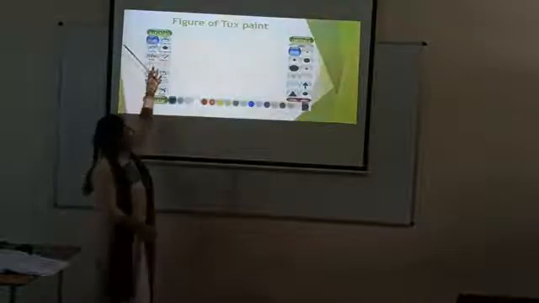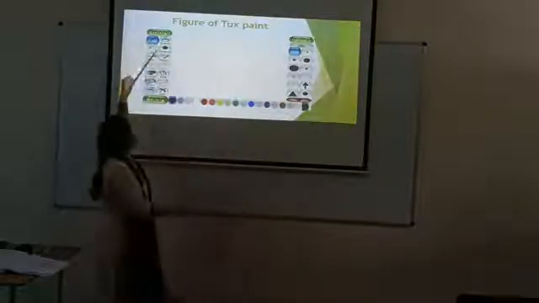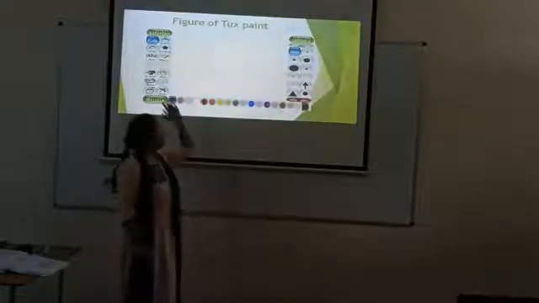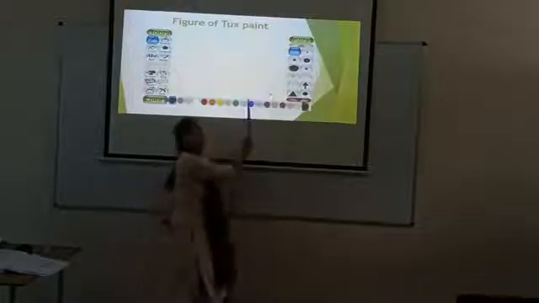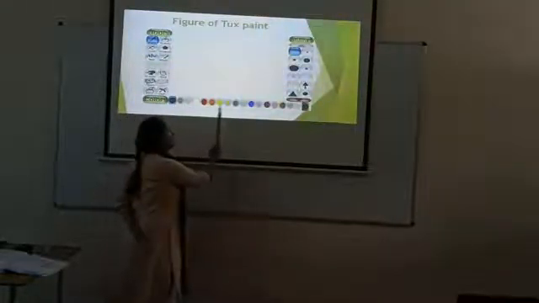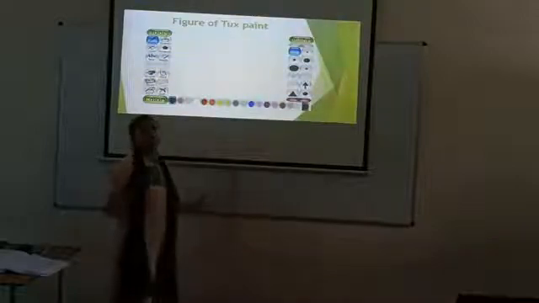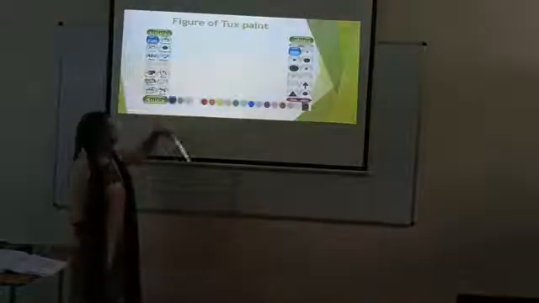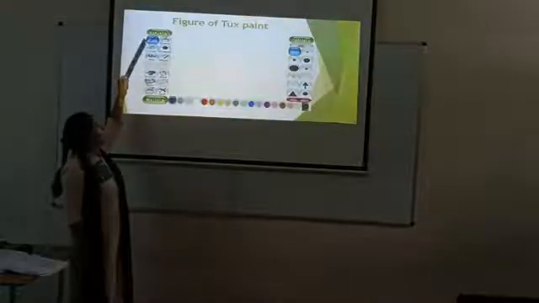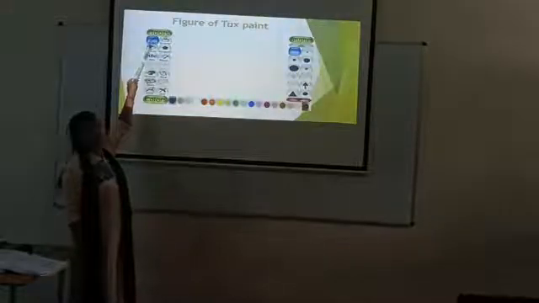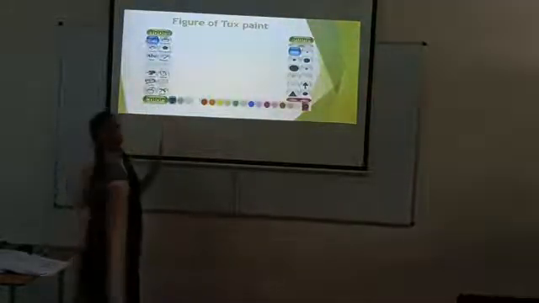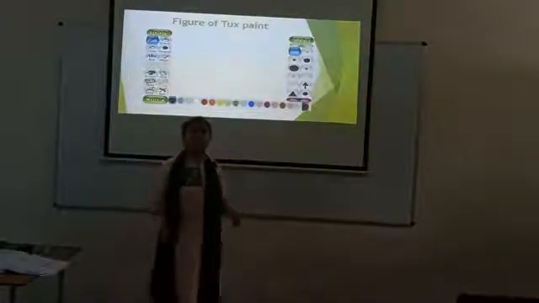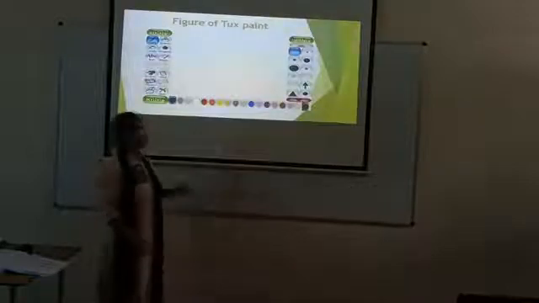See, this side is left and this is right side. On this side all tools are present and on this side all sub tools are present. Clear? Left side tools, right side sub tools, and these are the different colors. So many different colors are present which you want to draw with. So start from the tools. First you can see this is paint tool. It is already selected, you can see it is highlighted, because in touch paint the option is selected by default by the people who made this software.